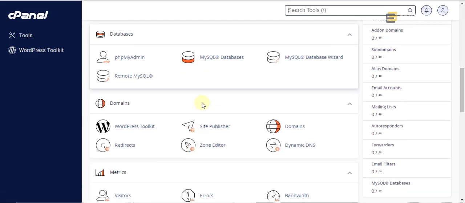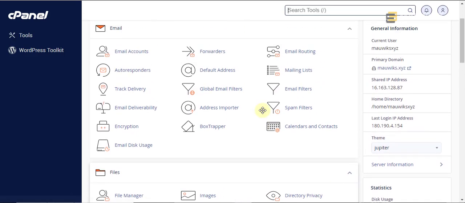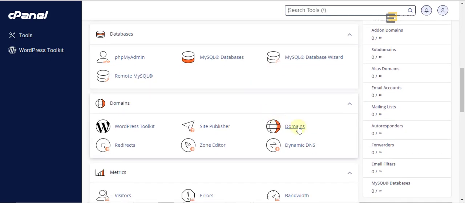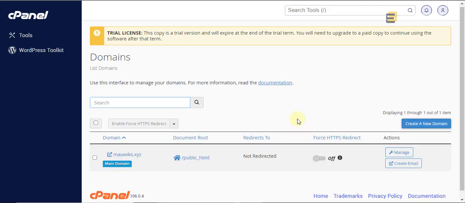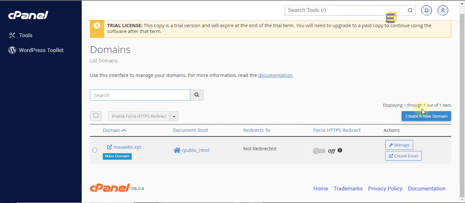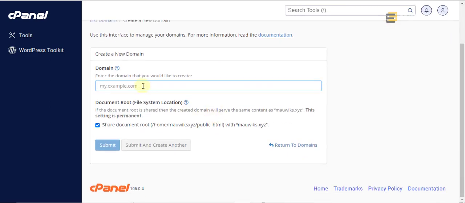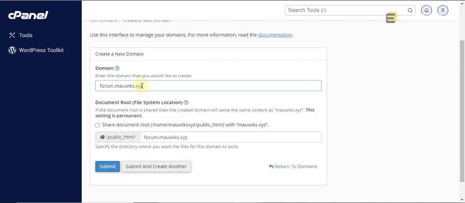I can't seem to find the subdomain. So it's probably already changed. So let's say forum.x.xyz, and as you can see here,